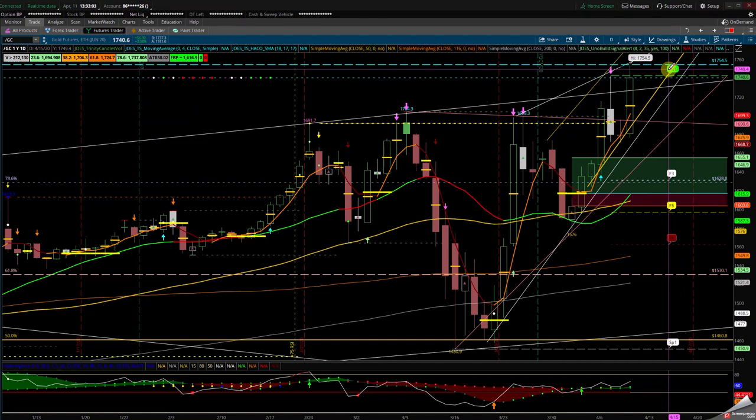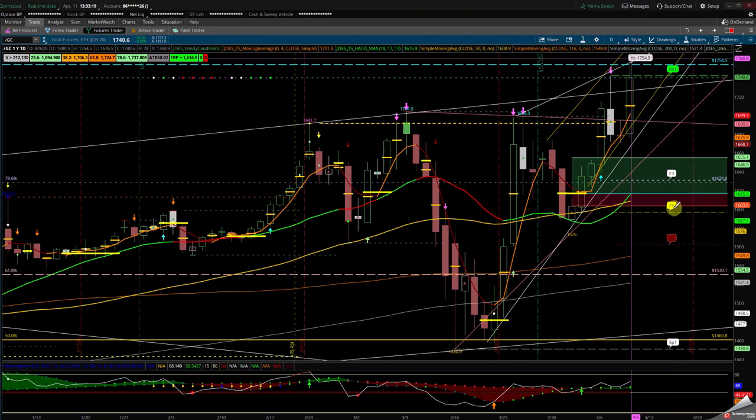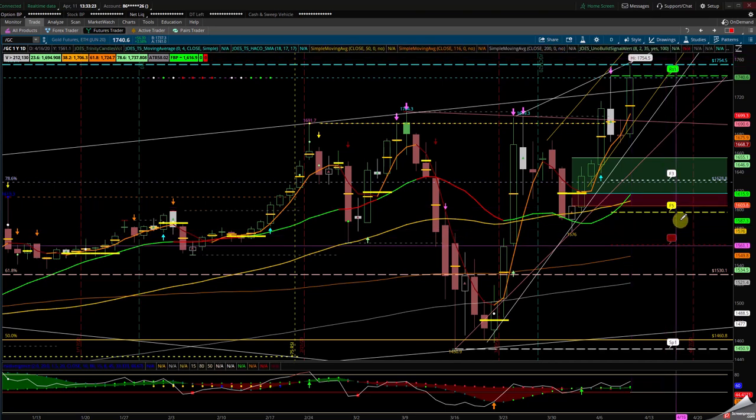What I'd like to show you is that 50 Fibonacci here and that 61A. You can go out 1 week because it's not going to come back down here and fill 100% of this gap, because everybody's thinking this is a V shape. It's going to come back and retrace 100% of the move back to the bottom of this channel. I think, between the 38 and the 61A, there's an opportunity to do a call